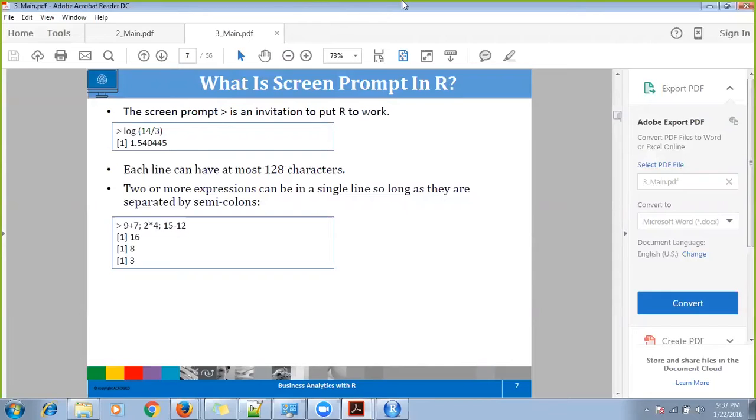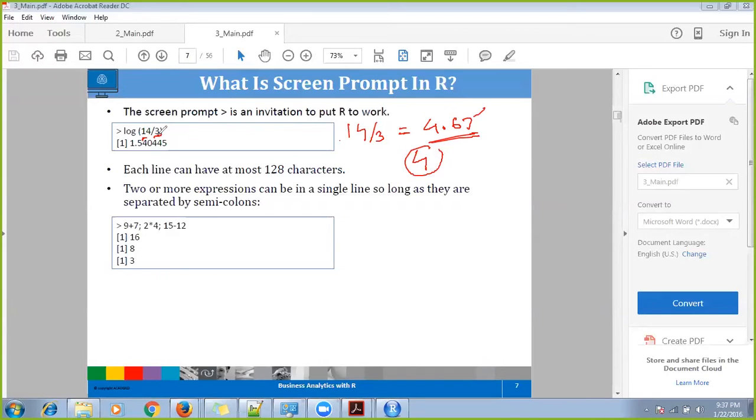How much would 14 by 3 be? 14 by 3 is 4.67, right? But if I use Java or some other language, because 14 is an integer and 3 is an integer, it will just return me 4 instead of 4.67, right?